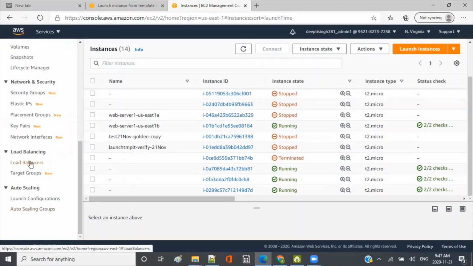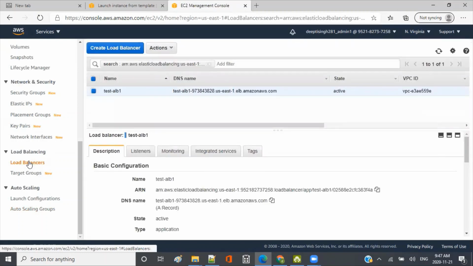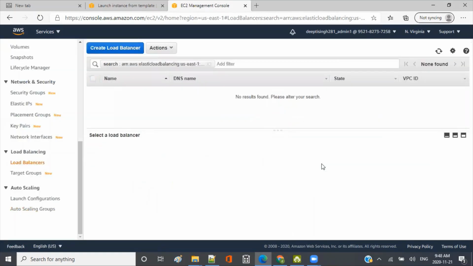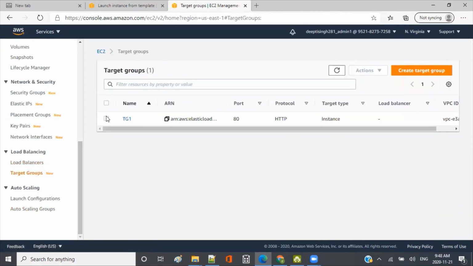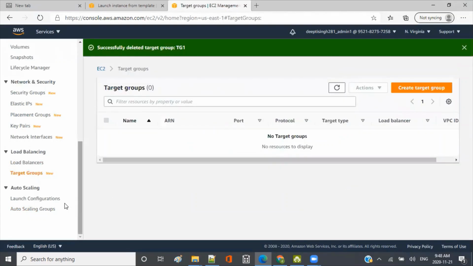After that, I'll go here to the load balancers. Okay, and then I'll delete this load balancer and this target group also, because I don't want to keep them. I'll go to target groups. I have one target group here. Even if you keep it, there is no harm, because a target group is nothing. I'm not running a load balancer. It's just a configuration, right? So you can keep it, but I don't want to. So I'll delete this one also. Okay, so all clean. This is clean.